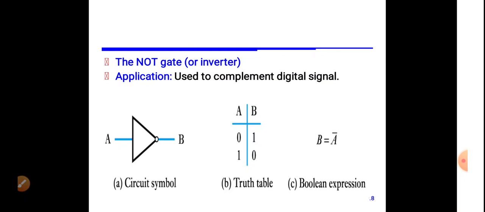But in case of a NOT gate, if the input is logic 0, the output is logic 1, that is complement or opposite. So this is a special type of gate which consists of a single input. The input is A and the output is B. So the Boolean expression is B equals A complement. Here complement is nothing but a bar, so writing A, we are representing a dash over it. If input is 0, output is 1. If input is 1, output is 0.